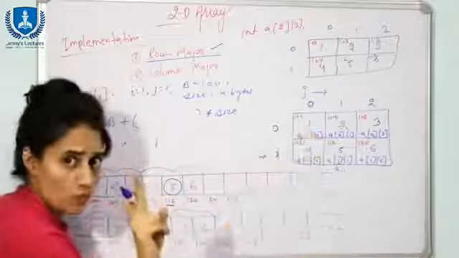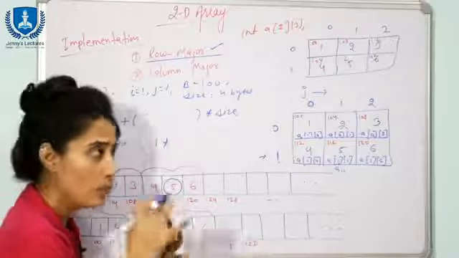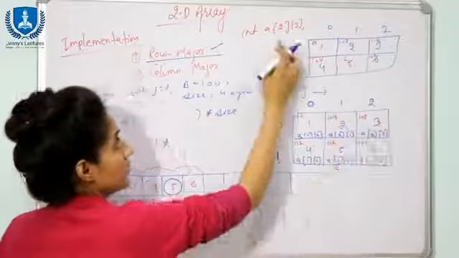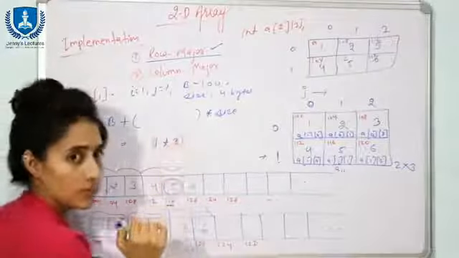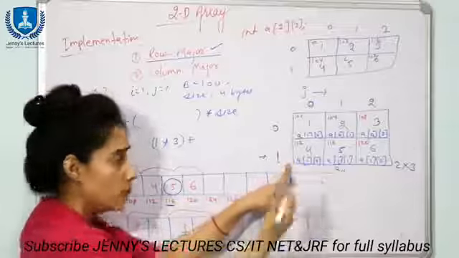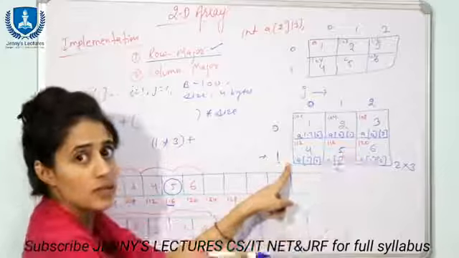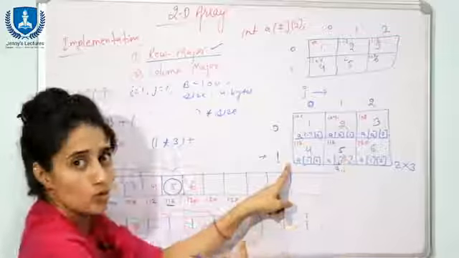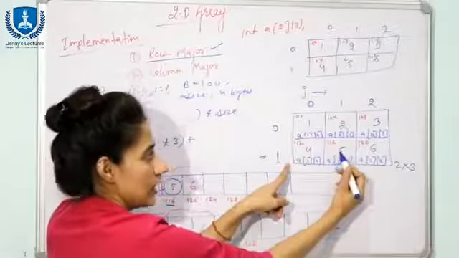For reaching this one, you are going to cross one row. In this row, how many elements are there? You will come to know by the number of columns. The number of columns is 3, because the size is 2 into 3. So 1 into 3, plus, now you have reached this particular row, but in this row also you have to access an element, the one in the second column. So you are going to cross one element also in this row to reach this element.